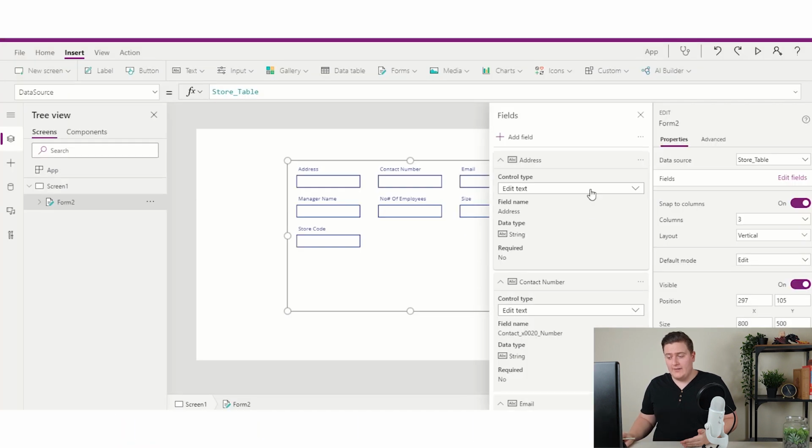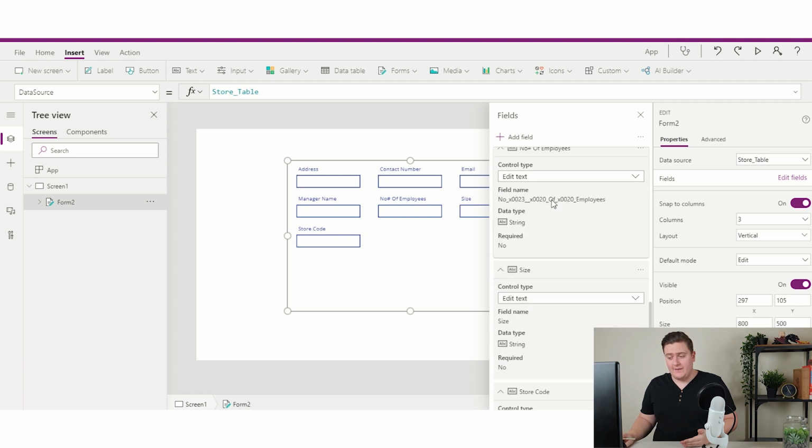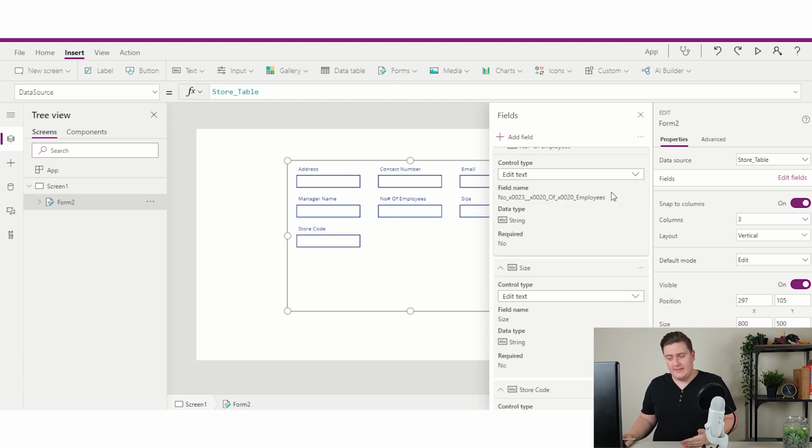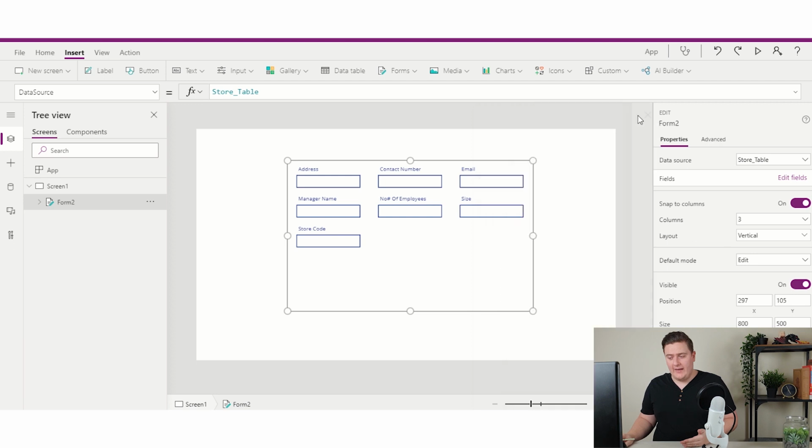Okay, once that's done, you'll see that I now have a card for each of those fields, and I can change some of the properties if I want to. I'm going to close this for now and I'm going to show you how the forms function. On the left, in my tree view, here's the form 2, which I've got selected here. I'm going to select this drop down and you'll see that I have a card which has been created for